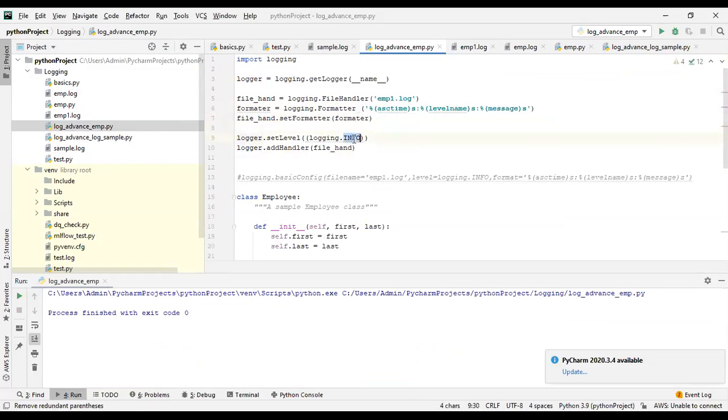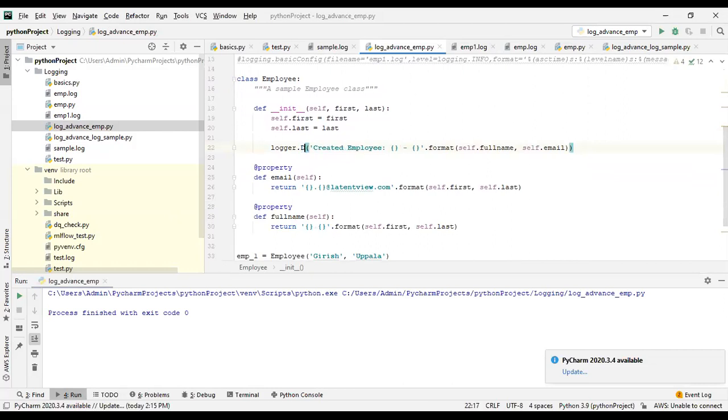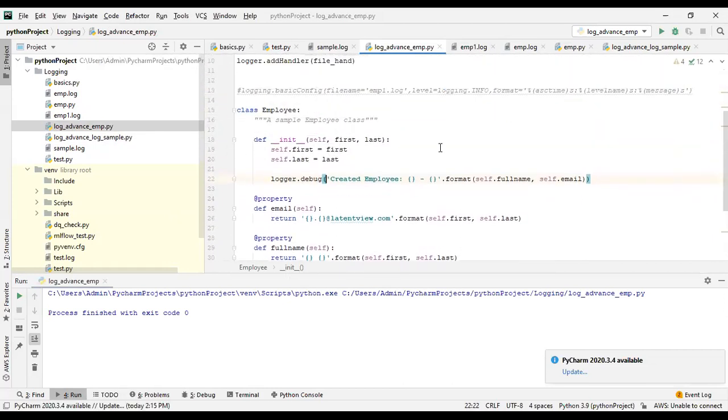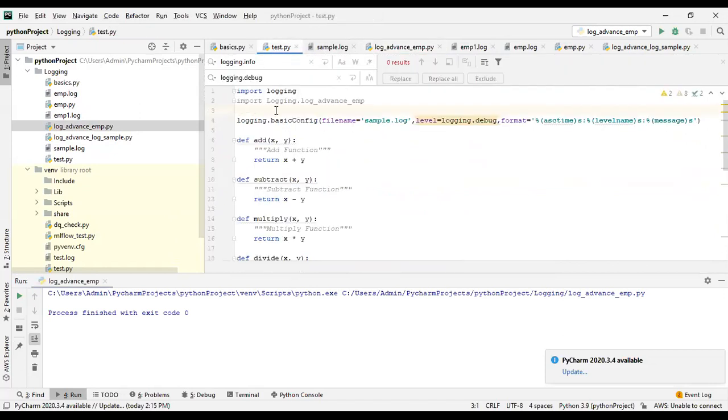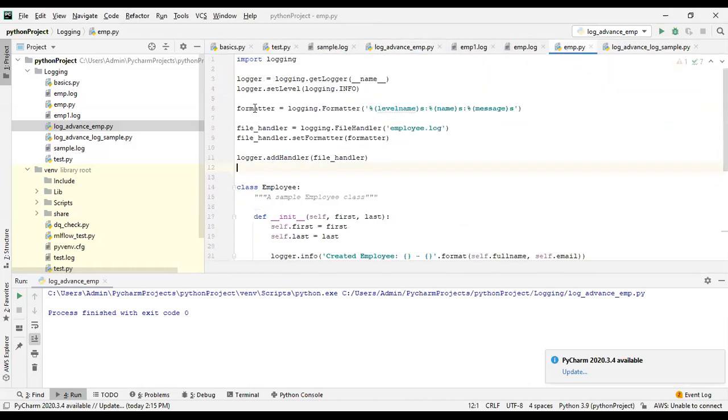I want to set the logging level to debug.